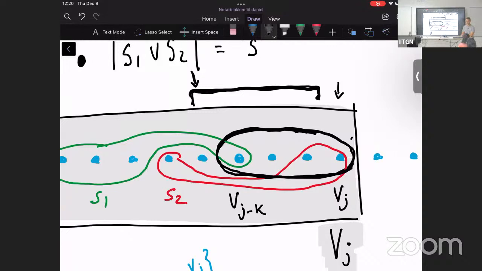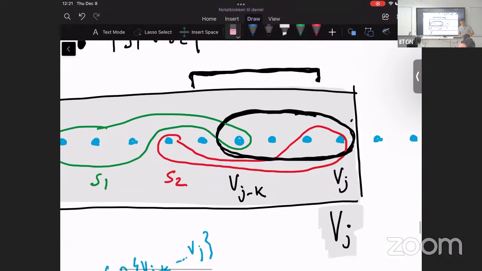If S1 star or S2 star contains Vj, you might have to remove Vj and track its effect. And for Vj minus k minus 1, you might choose to either include it or exclude it, either from S1 or S2, or S1 star or S2 star. So therefore you have 8 options: either you lose Vj or you don't, either you include Vj minus k minus 1 in S1, or you include it in S2, or you don't include it at all. So that's 16 options actually, but I folded the 2 options of either you remove Vj or not into just 2 instead of 4. Okay.